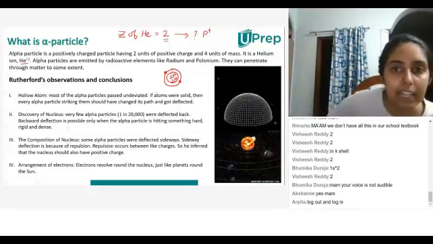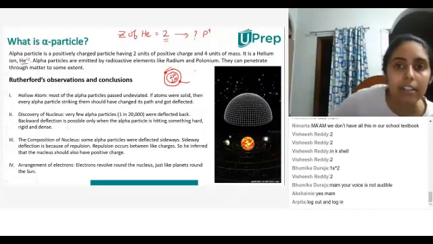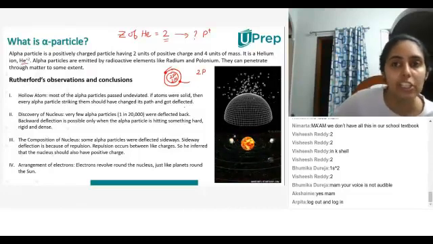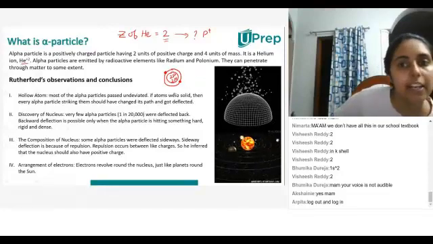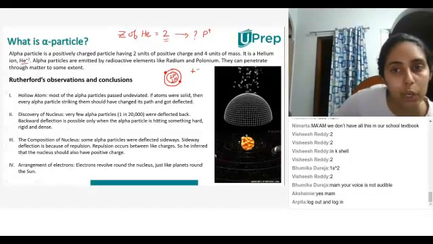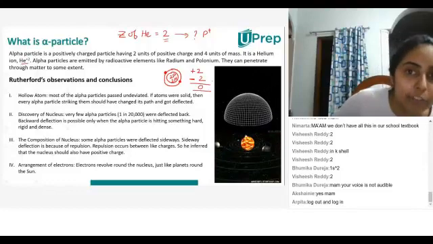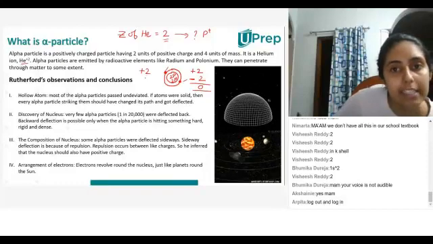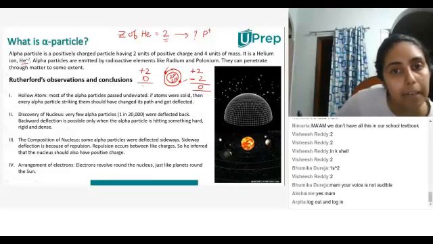Now what happens when I remove these 2 electrons? If I remove these 2 electrons, I will be left with 2 protons which are positively charged. So initially when the electrons are there, there are 2 positive charges, so plus 2, and there are 2 negative charges because 2 electrons are there. So overall charge on helium is 0. But if I remove these 2 electrons, then what happens? I have 2 protons, so plus 2, 0 electrons, so 0. So overall charge on helium becomes plus 2.